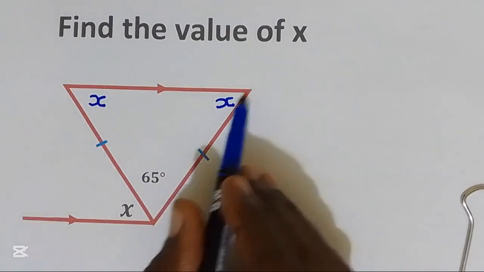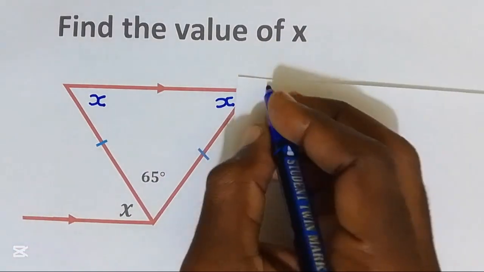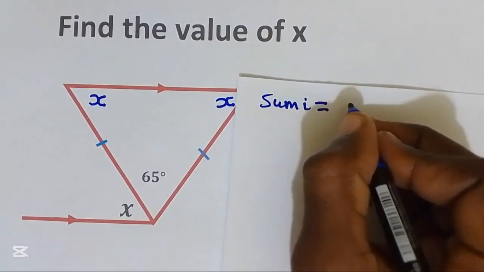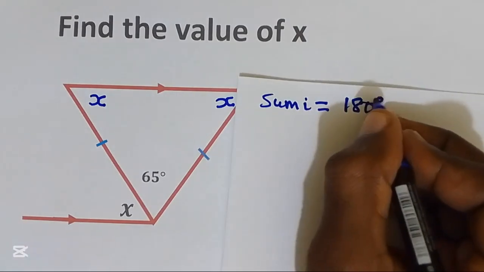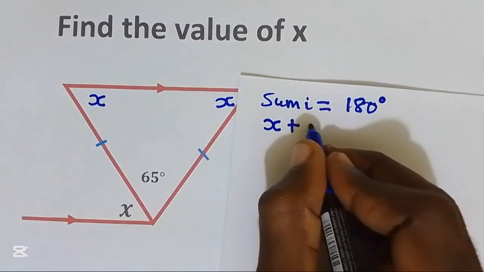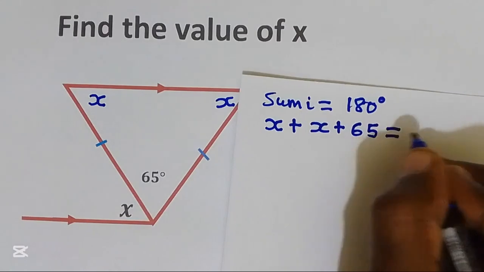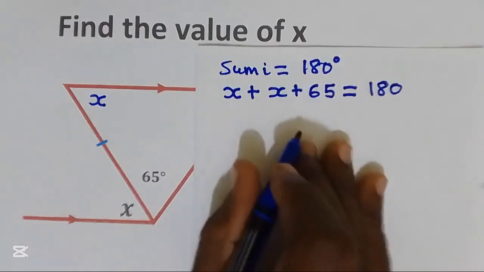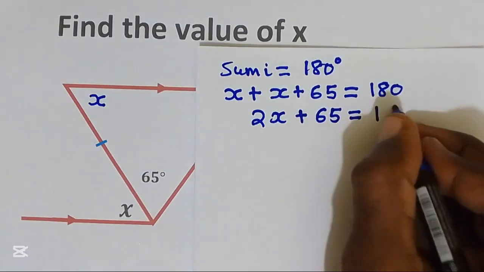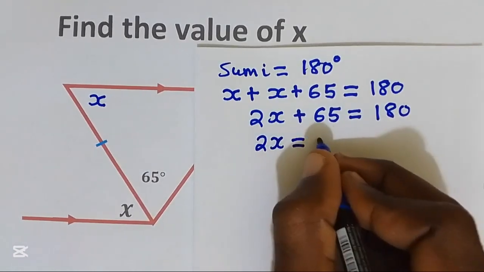Now, we are going to use the triangle to get the value of x. We know that the sum of interior angles of any triangle is equal to 180 degrees. So when you take x plus x plus 65, this gives us 180. That is 2x plus 65 gives us 180. Take 65 to the right hand side. We got 2x is equal to 180